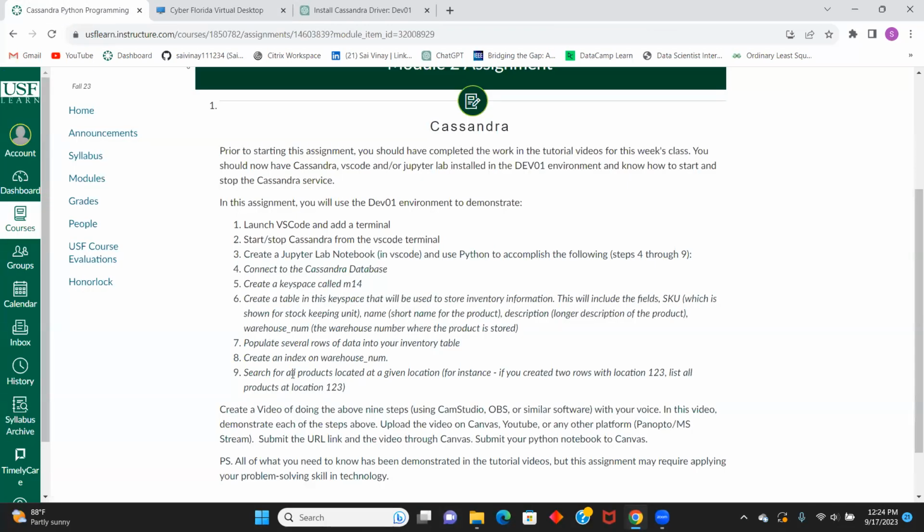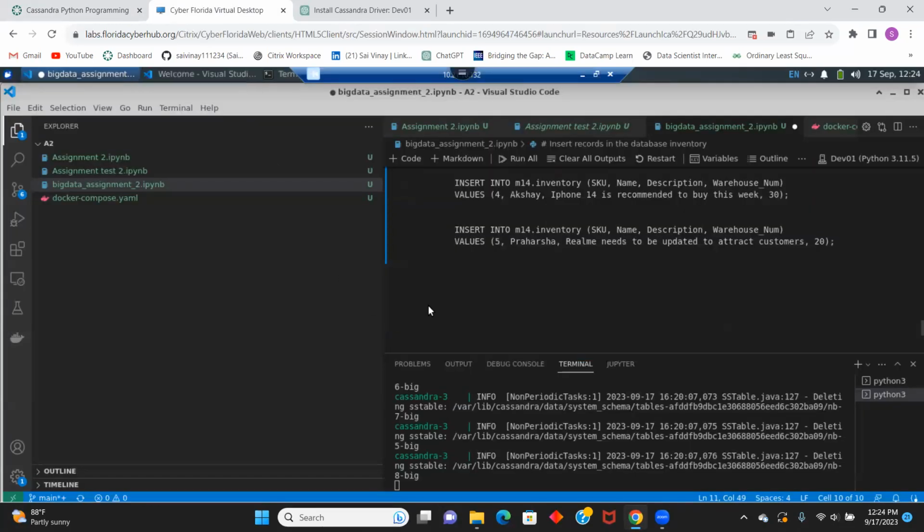Now our next step is to create an index on the warehouse number. Now take the new code and create an index for the warehouse number. To create an index, we can type